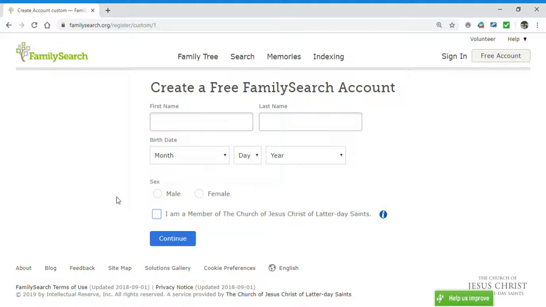And for those of you who are not members of the church, we are a very record-keeping people, obviously, or Family Search would not exist. And we have membership record numbers that pertain to us individually, just as every individual person on Family Search has their own FSID or Family Search ID. And that follows us around everywhere we go. It helps us to get in touch with people locally, and it helps with a lot of things that I'm not going to go into, but it's a good thing. So it's important to indicate whether or not you're a member, and then hit continue once you've filled this out,